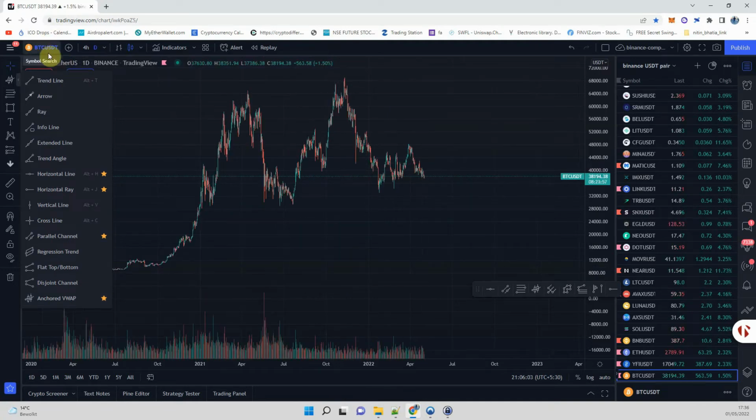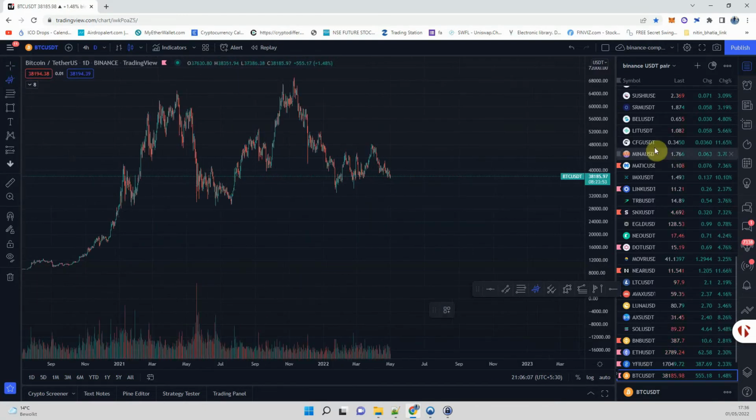Currently, I am on the Bitcoin USDT chart. If I select the Anchor VWAP, I have to select the recent swing high and the recent swing low point. So as you can see from this chart, this is a swing low point and this is a swing high point. So I have selected the Anchor VWAP, and if I click here on the recent low point,